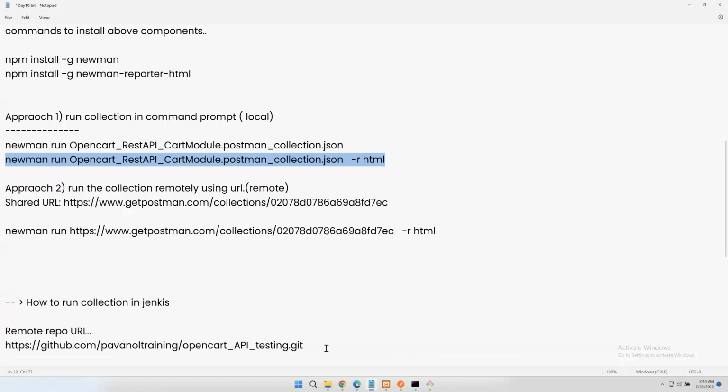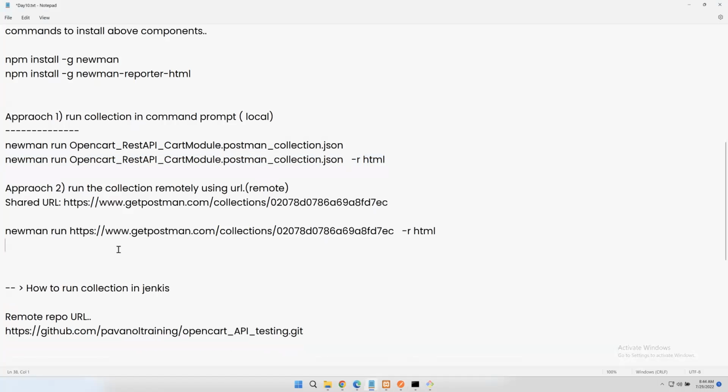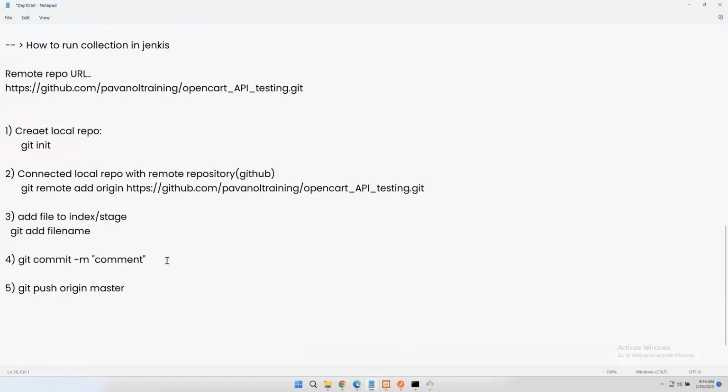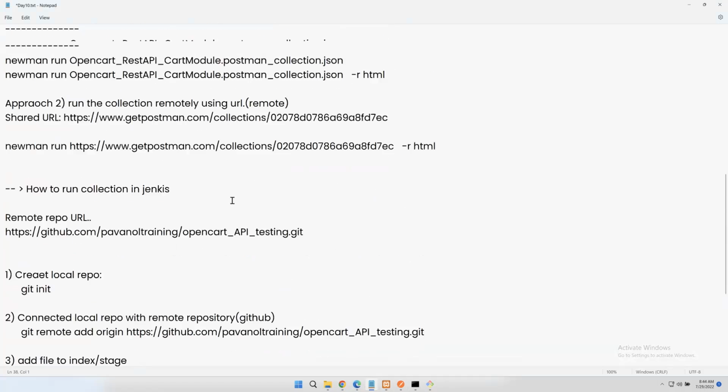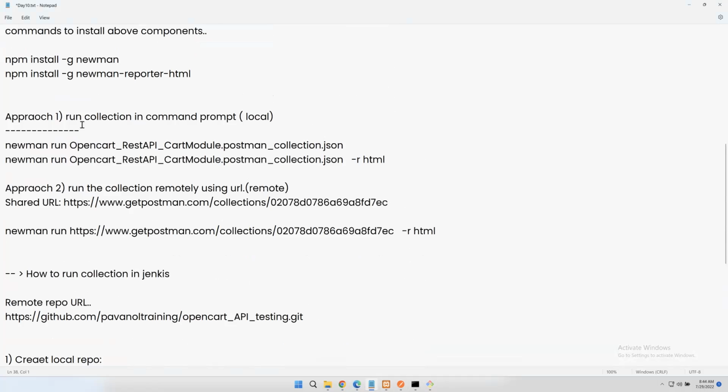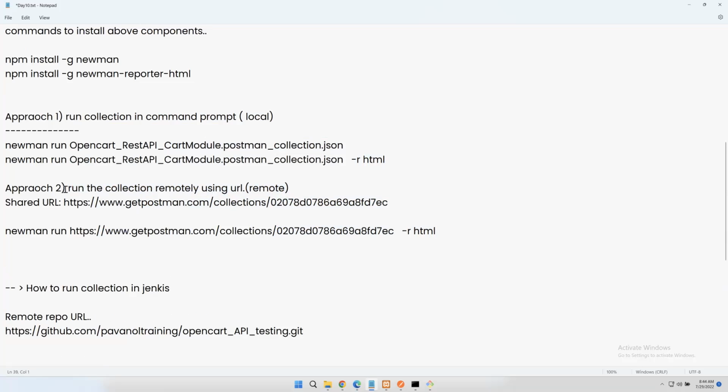Fine. So this is all about execution, how many ways we can execute our collection. So how many ways have we seen? First approach, we ran the collection in the command prompt, with HTML report and without HTML report. Second approach, we ran the collection remotely using URL, again with HTML report and without HTML report. And approach 3 is what? Approach 3,